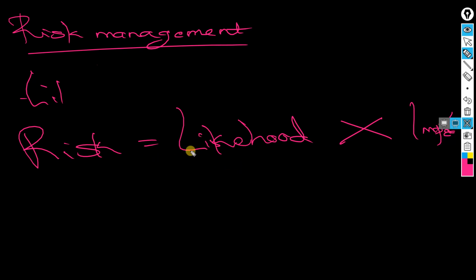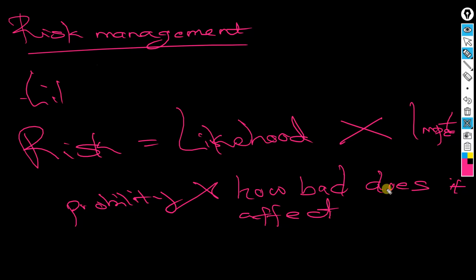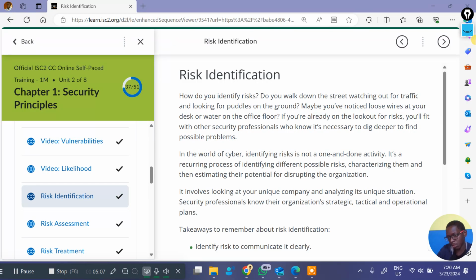So, likelihood basically is the probability that something can occur. Like, how possible is it that this will happen, right? And the impact is how bad it's going to be, how badly it's going to affect. So that is basically likelihood and impact. Likelihood is the probability it occurs. Impact is, in English terms, just impact, you know. Impact is impact, right? So you're going to see those two a lot, and that is how we calculate the risk: the likelihood and the impact.